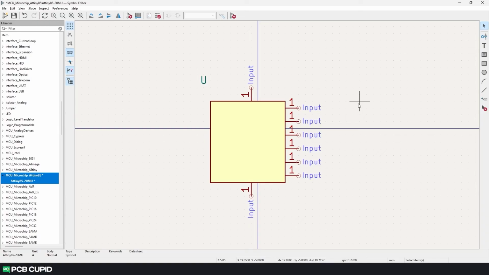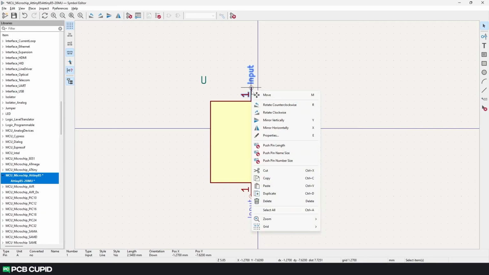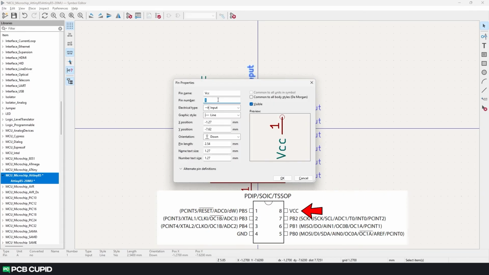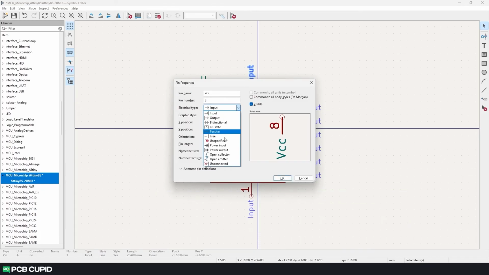Currently, all the pins have the same name and same property. To change this, you can either select the pin and do a right click and then click on Properties, or you can use the shortcut letter E. Here, we'll start with the pin name. I'll name this VCC, and according to the data sheet, this pin corresponds to pin number 8 on the physical IC. Now for the electrical type, power input,